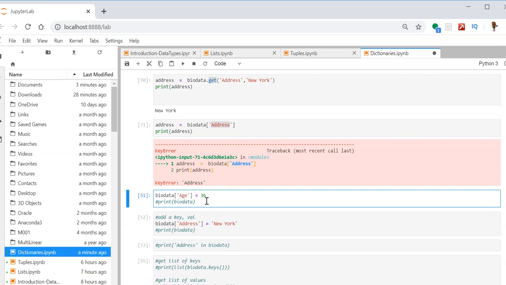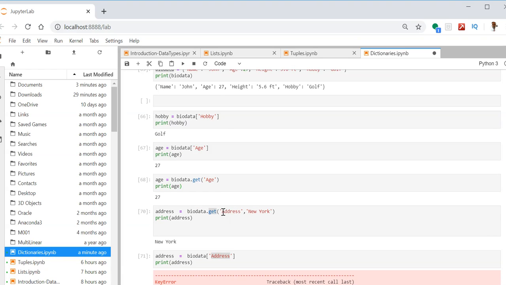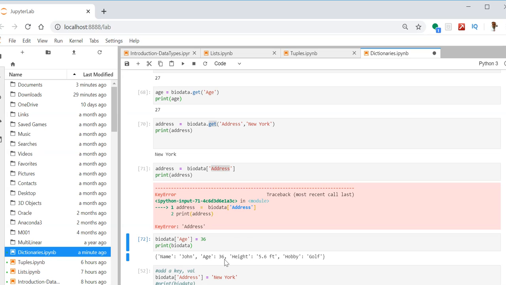Now if you want to replace or update the value, you can simply mention the key for which you need to update and mention the updated value. So my age is 36. If you see, initially my age was 27, now age is 36.